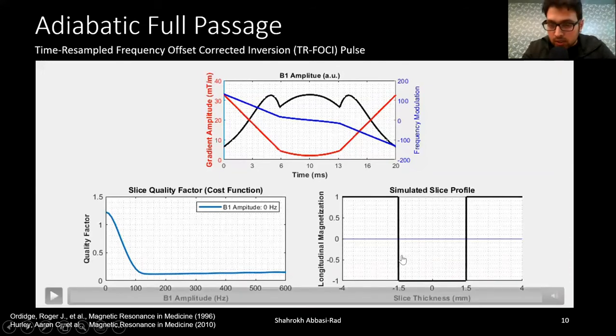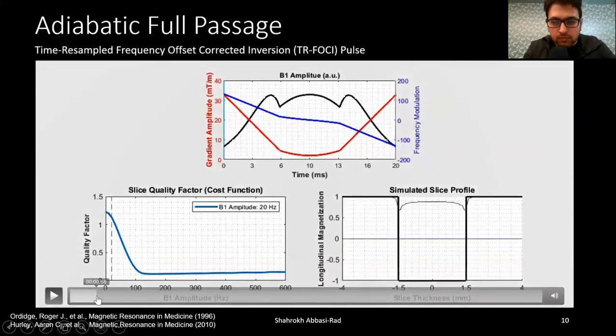Here you can see the slice profile, and I'm going to walk you through different amplitudes from 0 to 600, and you keep watching the slice profile here. So if I start from the low amplitudes, you can see the slice profile will change. But as soon as I pass the adiabatic condition here,